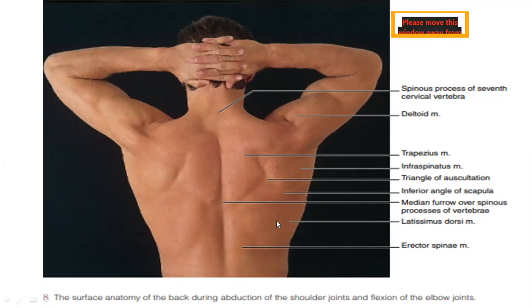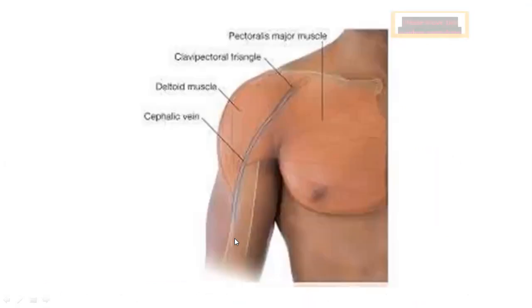We know this muscle prominence is produced by latissimus dorsi. If you remember, in the deeper compartment of the back muscles, we have come across erector spinae muscle. Again you can see few surface landmarks over here. This clavicle is very clearly shown. This big muscle is pectoralis major, and this vein which moves here in the deltopectoral groove. I told you between the deltoid and pectoralis major, the name of the groove is deltopectoral groove and the name of the vein is cephalic vein. So here we will get the clavipectoral triangle.